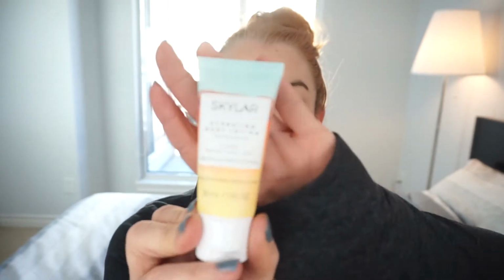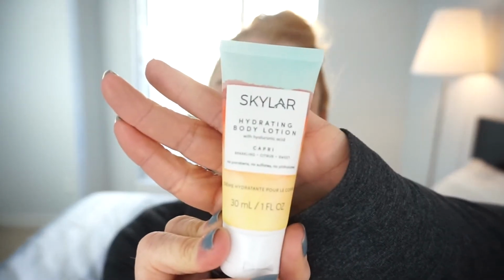A squeezy tube. Skincare? Yes. Okay. Ooh, okay. So this is a hydrating body lotion with hyaluronic acid. It's a brand called Skylar, which I've not heard of before. There we go. And this is a little tiny